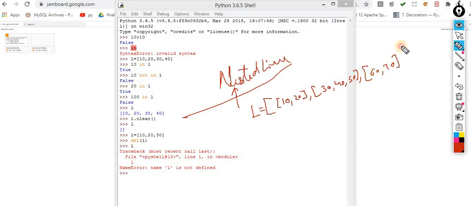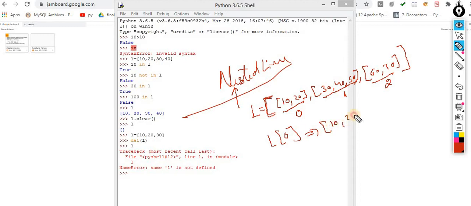Now this is the concept of the inner list, a list inside a list. This is the outer list and these are the inner lists. By default, this is the 0th location, this is the 1 location, this is the 2 location. If I print L of 0, what output will I get? I will get 10, 20.